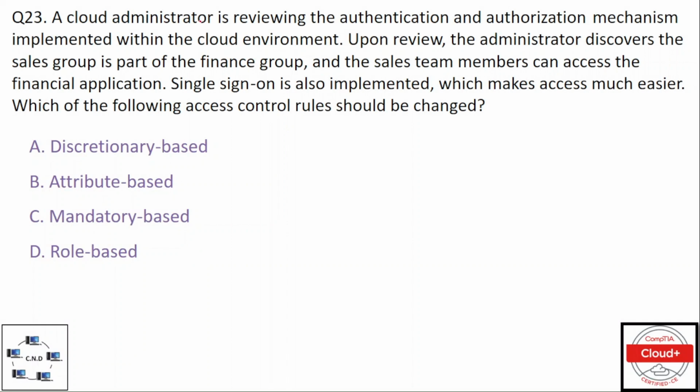Question number 23. A cloud administrator is reviewing the authentication and authorization mechanism implemented within the cloud environment. Upon review, the administrator discovers the sales group is part of the finance group and the sales team members can access the financial application. Single sign-on is also implemented, which makes access much easier. Which of the following access control rules should be changed? Option A, discretionary based. Option B, attribute based. Option C, mandatory based. And option D, role based. And the correct option is option D,